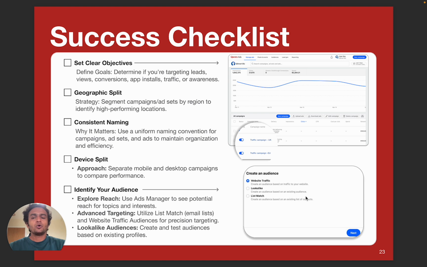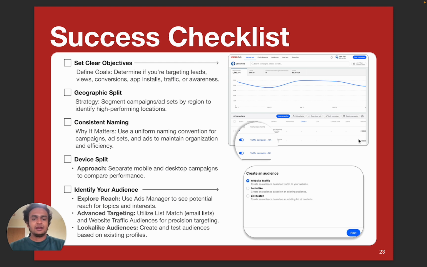You don't want to have different countries targeting into a particular ad set. For example, in this particular image that you're seeing, there is a separate campaign created for the UK as well as a separate campaign created for the EU. This allows you to monitor the performances differently and at the same time make optimization efforts as well.